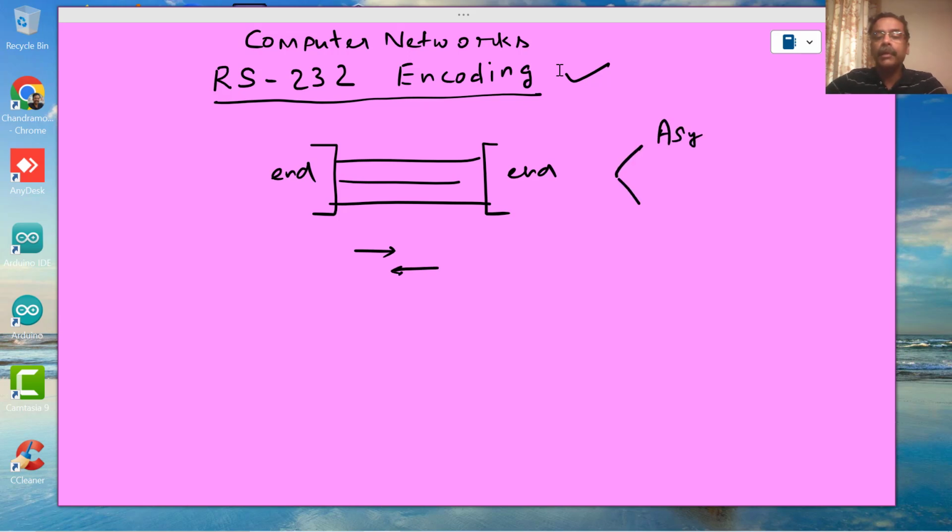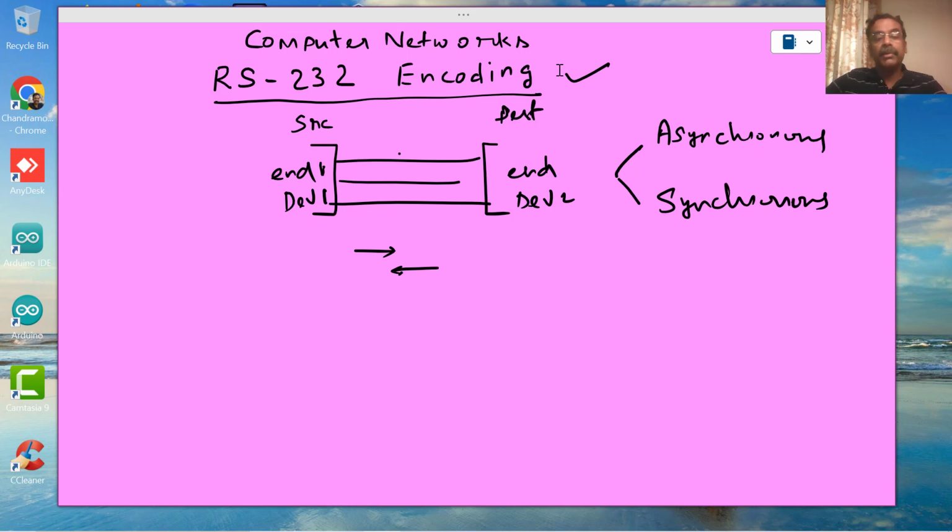One is asynchronous communication, another one is synchronous communication. Now, what is the difference between these two? Asynchronous means end device 1 and end device 2 do not know when each of them is ready to communicate, and the receiving device is also not aware when the source device sends. Let me call one a source and one a destination,